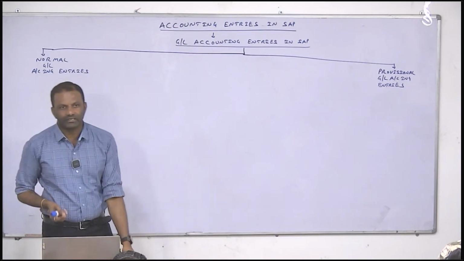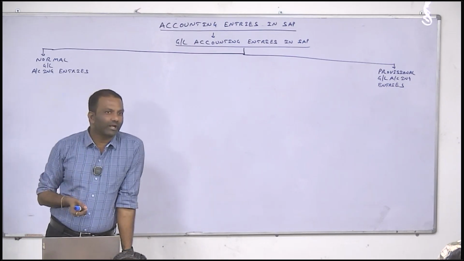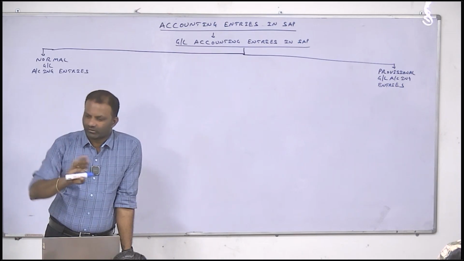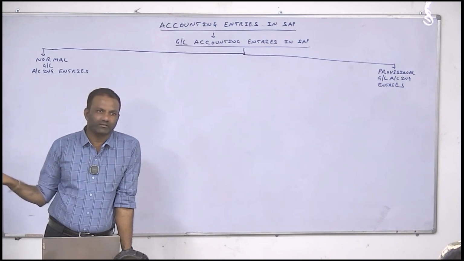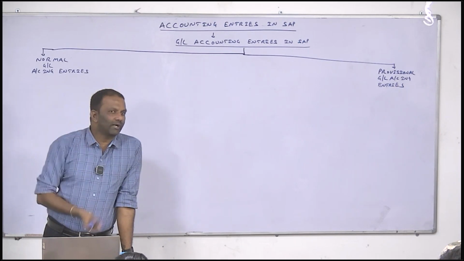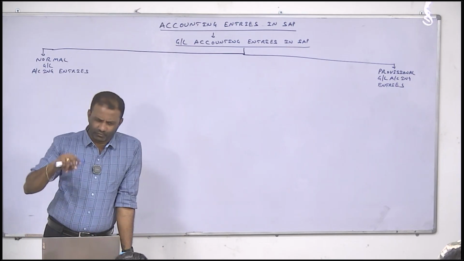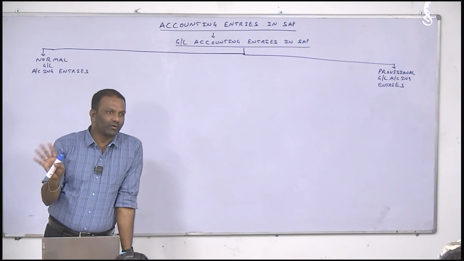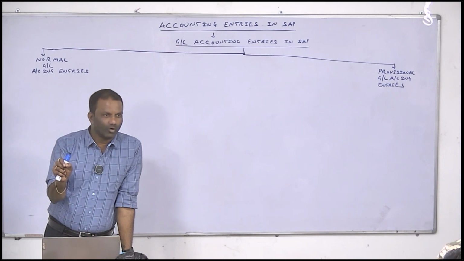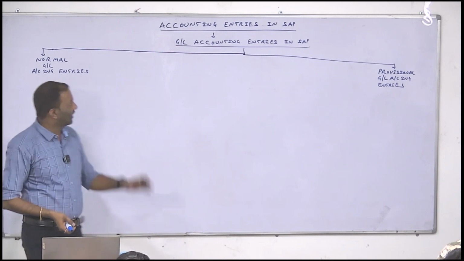And the second entry, what is that? You have taken a loan. What is the accounting entry? Bank account and loan account. That accounting entry is posted, that's it. Then traveling expense account debit to bank account. Once you post this one, you don't do any additional work on that particular entry. Hope you got the point. Those type of entries, what do we call them?